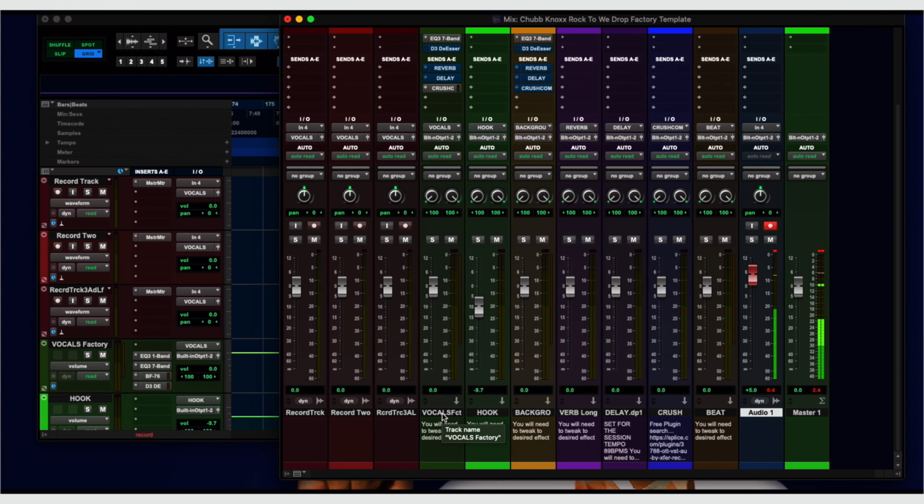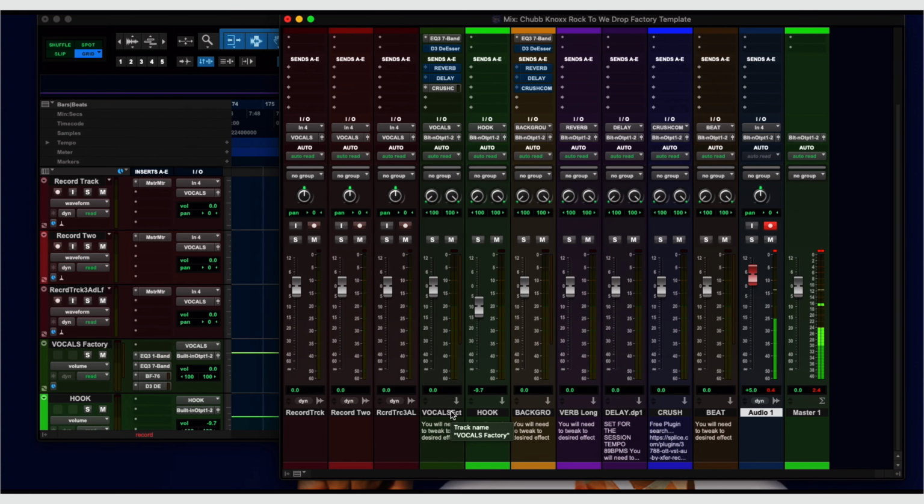You're an engineer, you already know what to do. I have these tracks busted into separate tracks. Vocals for the hook or the chorus, then background. That's particularly how I do mine as an R&B singer, a gospel singer, and a singer of various genres. It's more catered to that, but that can always be modified. You can just double click, rename it, and modify this thing